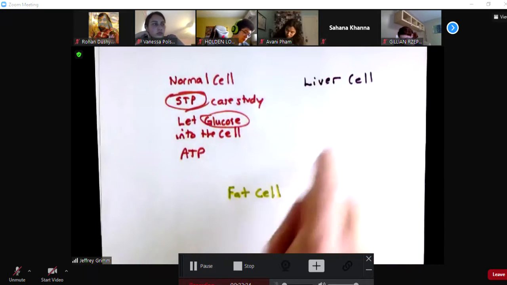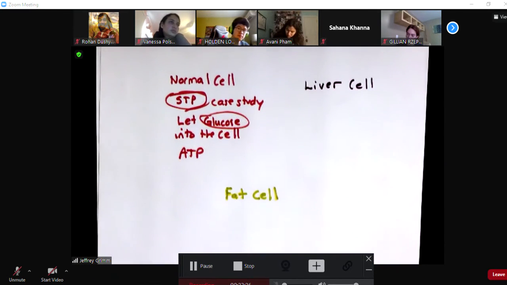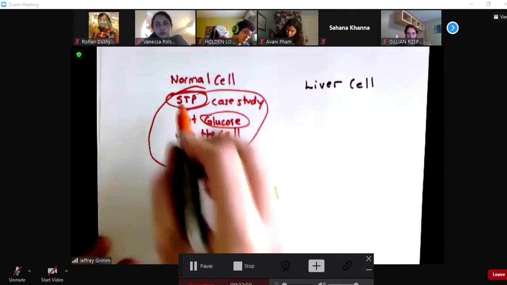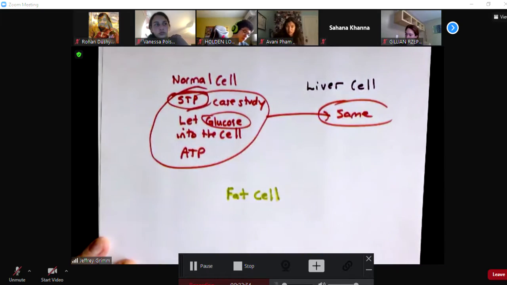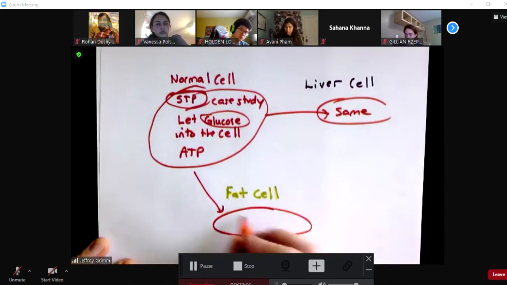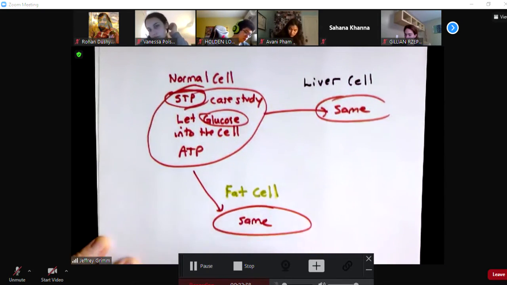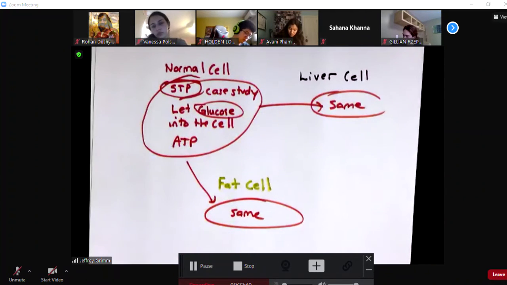I'm going to give you 2 other cells that do something a little different. Now, I'm going to circle this, and I'm going to tell you, same. It does that too. And then I'm going to circle this. I'm going to tell you the fat cell does the same. So they all need ATP.